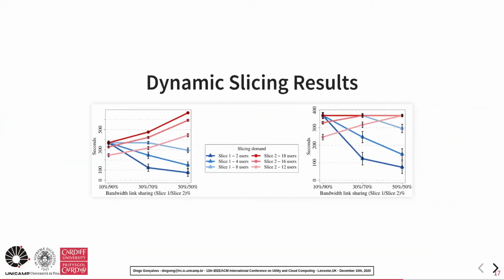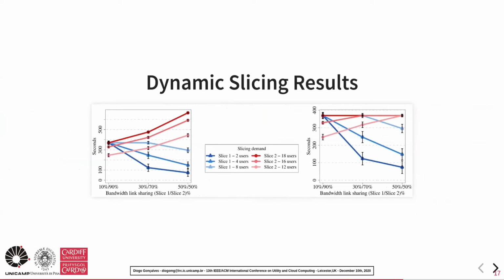In the left graph, we evaluate a scenario where only slice 2 can lend its resources. So, in the scenarios where slice 1 finishes later than slice 2, it receives the idle resources from slice 2, which helps it to perform the remaining migration requests if we compare it with the previous scenario. However, when slice 1 finishes earlier than slice 2, it continues to perform as badly as in the previous simulation, where we used a static allocation.